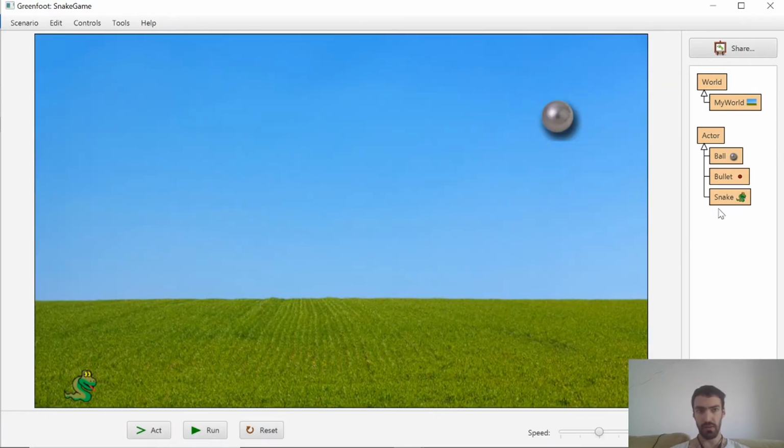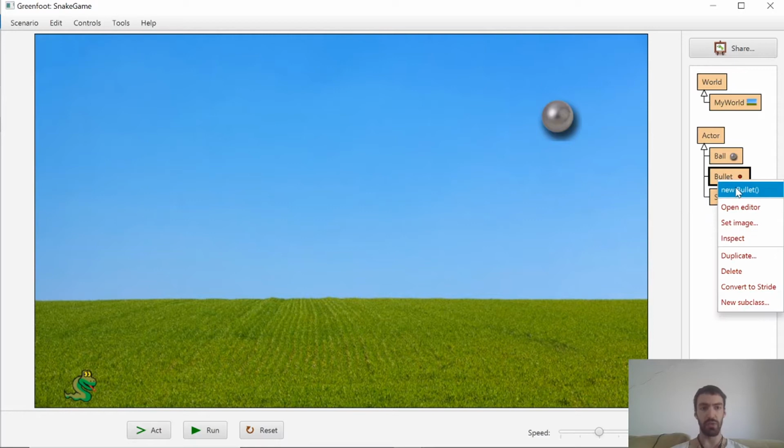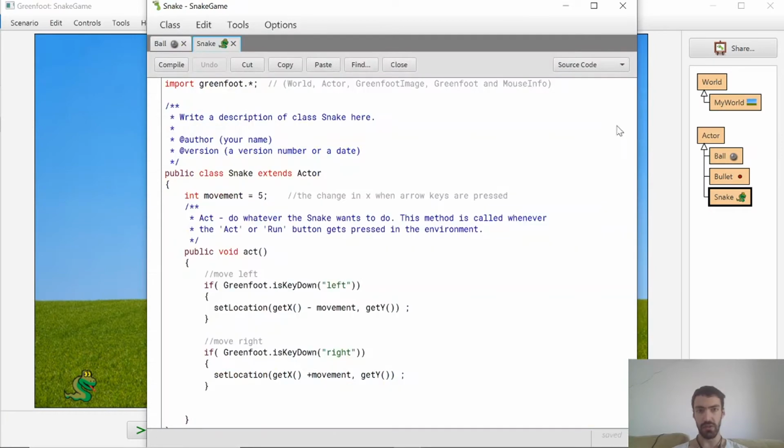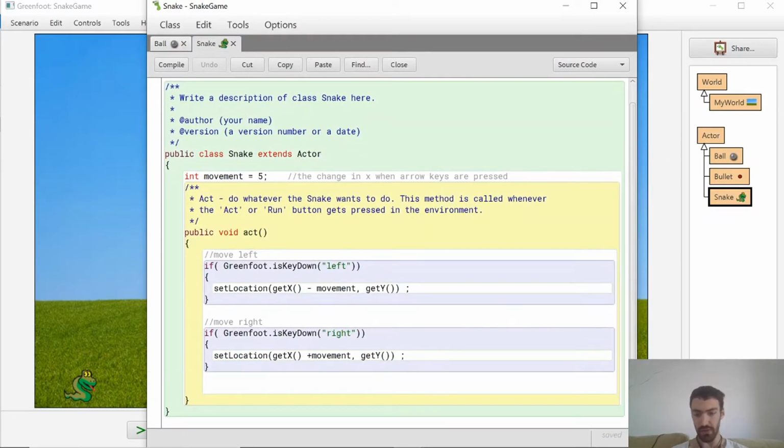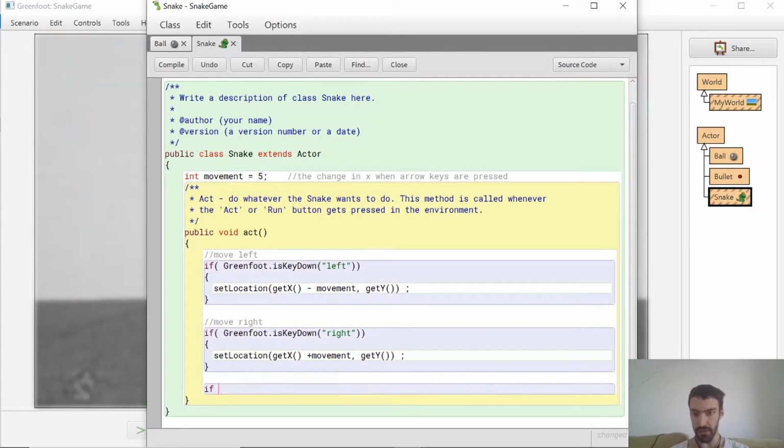And let's see, we don't actually want to create a new bullet and put it in the world at the start of the game like we've done before. We want our snake to create this bullet when the spacebar is pressed. When the spacebar is pressed, we want our snake to shoot the bullet up at the ball. So let's open the editor of the snake, and we can add another if statement over here that if the